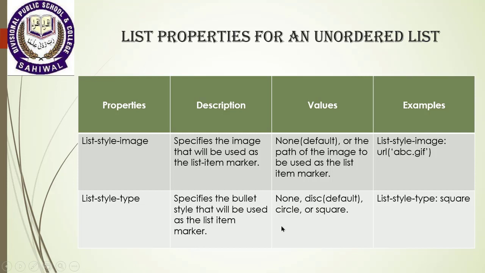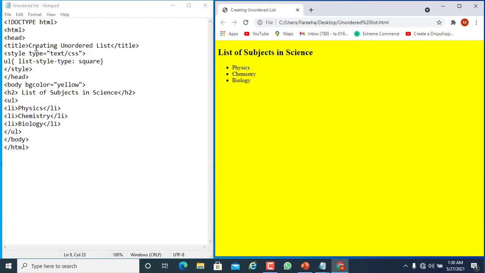Students, let's see how we can apply an unordered list tag in an HTML document. Students, this is an HTML document. We write an HTML program in Notepad. Students, you know that this doc type HTML element is used to define an HTML document. Then we write starting HTML tag, then head element. After that we write title here. This title appears at the top of the window.